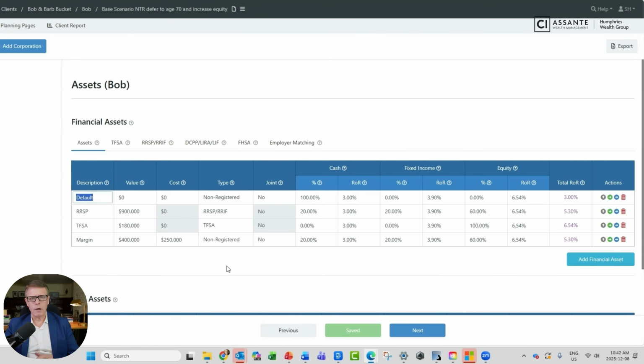Now, what I'm showing you here is just the investment mix that we're using. This is for Bob's situation. You can see that on the RSP account, we're using a 20% cash position, could be GICs, high yield savings as an example, 20% fixed income, so government bonds, corporate debentures, other income vehicles, and 60% stocks. So keeping in mind the previous return assumptions, we're showing a weighted average return for Bob's situation of 5.3% for